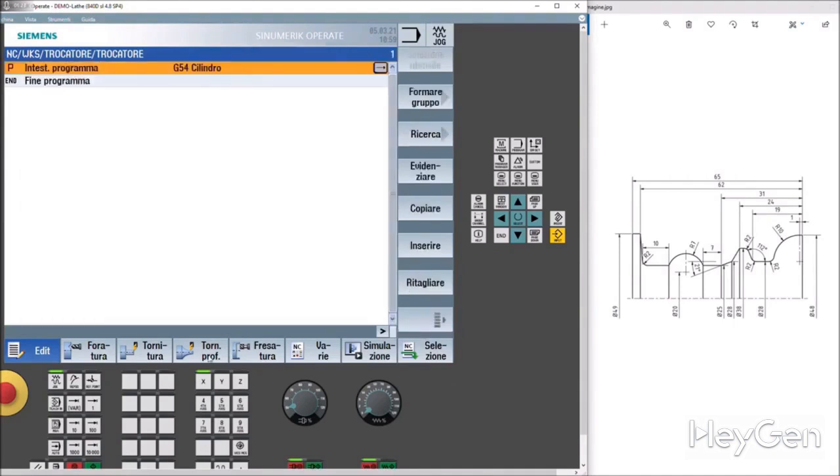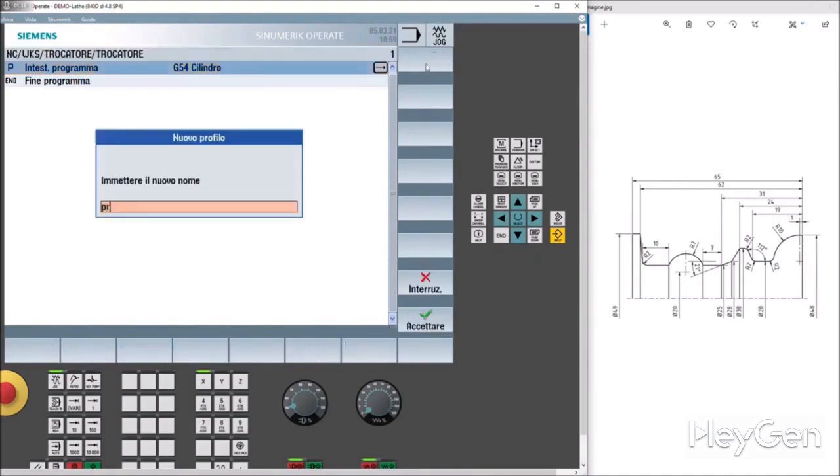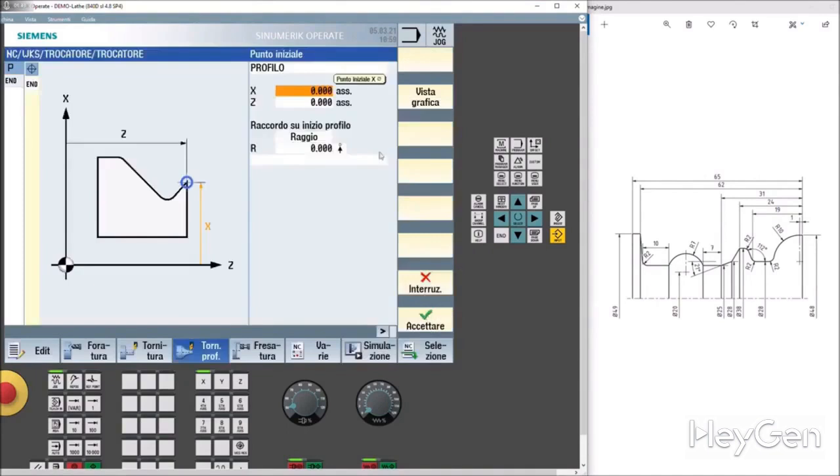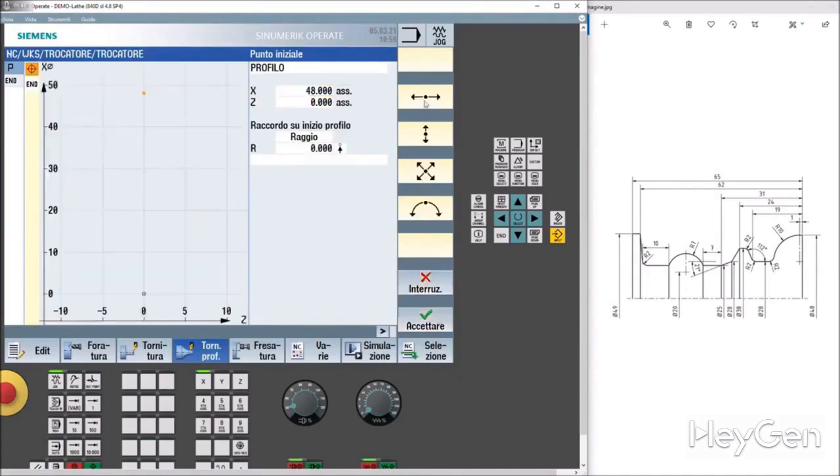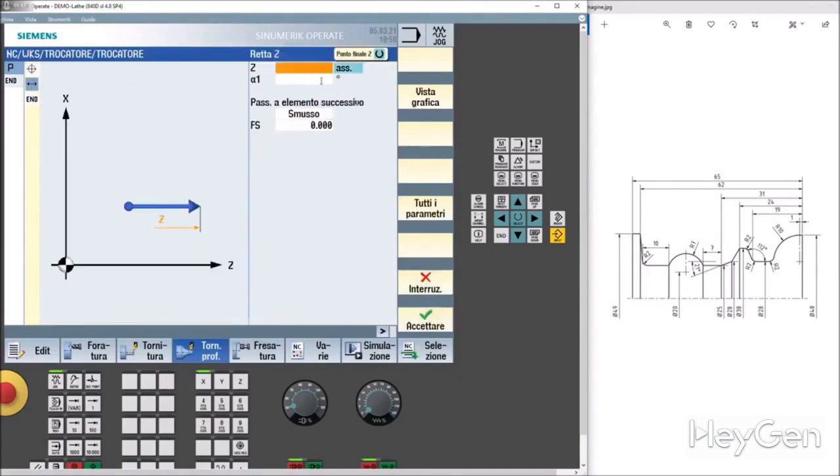So let's define the turning profile. New profile, that we'll call profile. And we accept it. So the first X is at 41, Z0. We accept and move 1 millimeter in Z, 1 beta 1. And here we are.